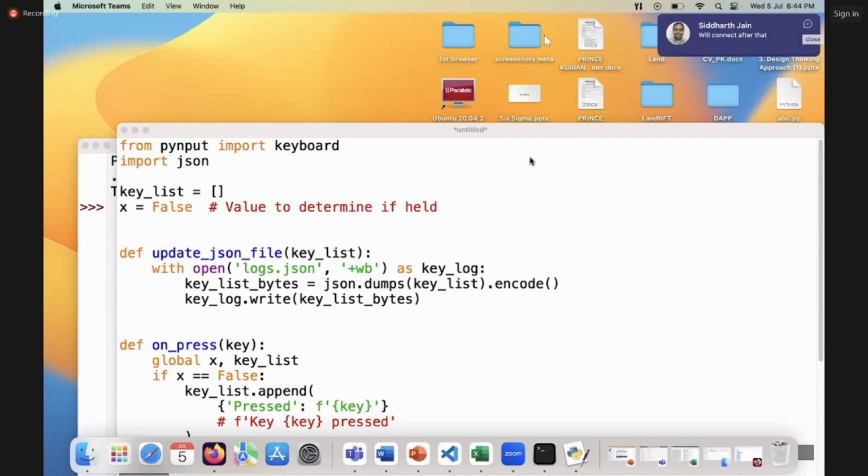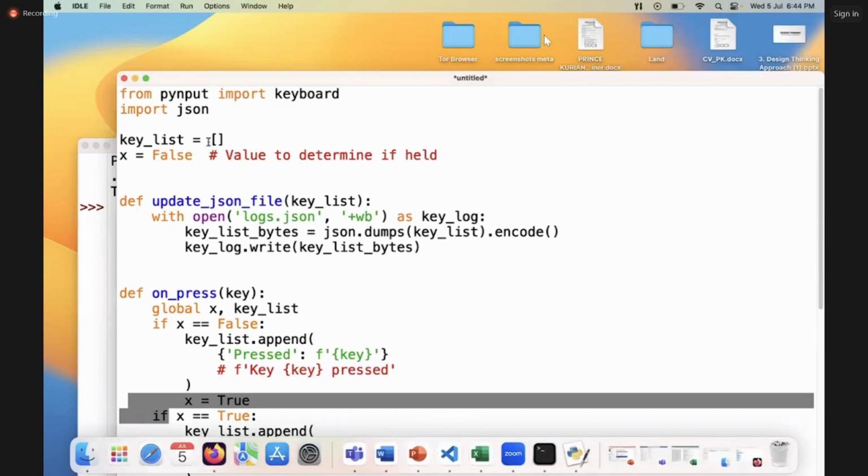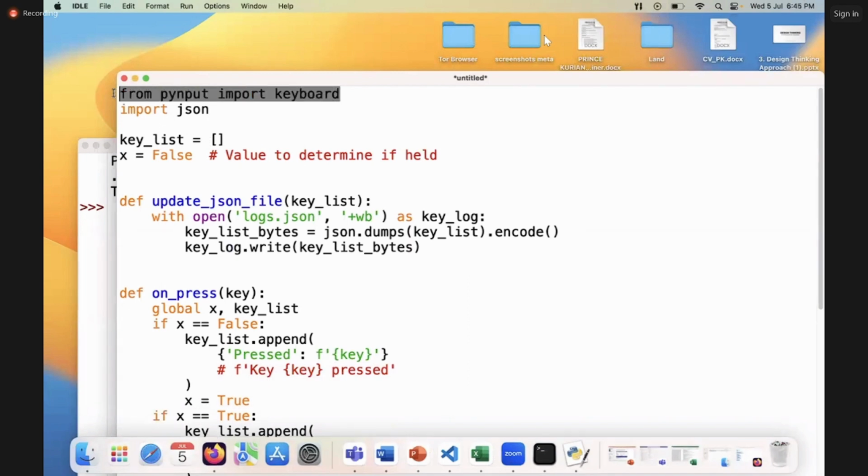Okay, so this is the program. I will just explain an overview of how it works. The first line is nothing but: we have to listen to the keyboard. The program should always listen to the keyboard. So you have to import the keyboard package